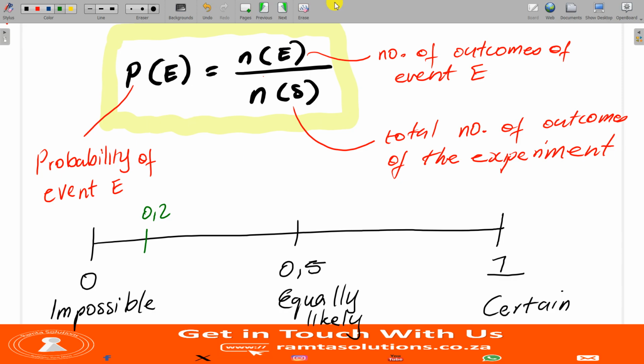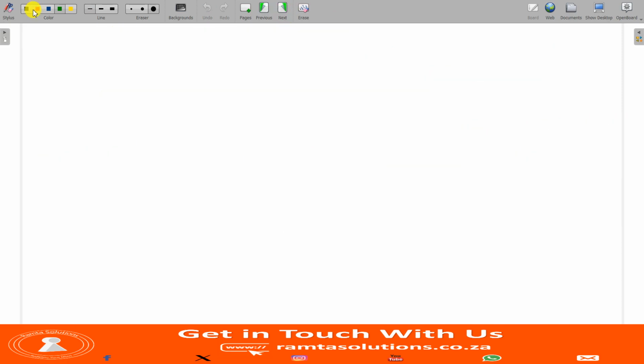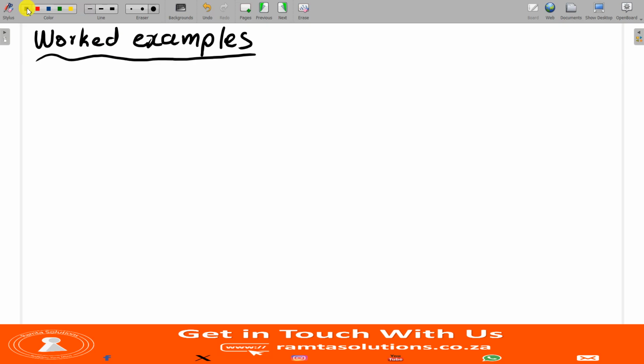Now, let's head to worked examples. I'm going to try about 3 examples in total. I think they will be sufficient. So example 1, I'm going to say, what is the probability that